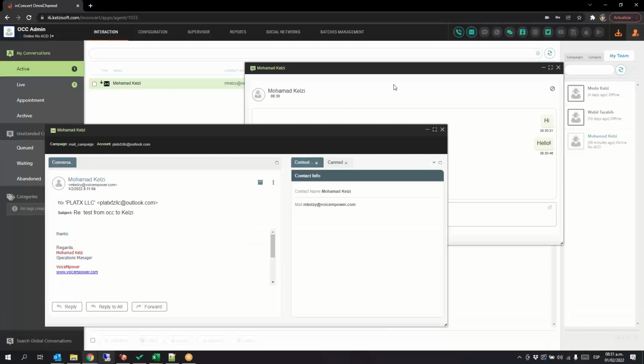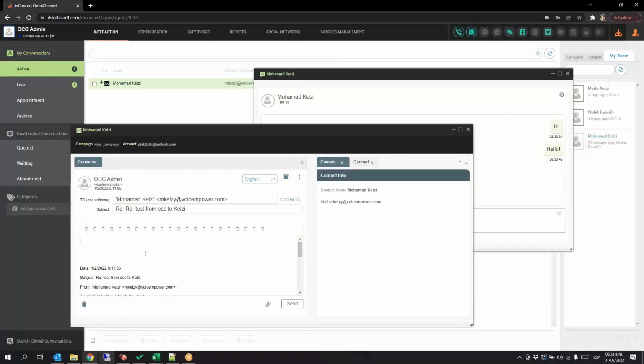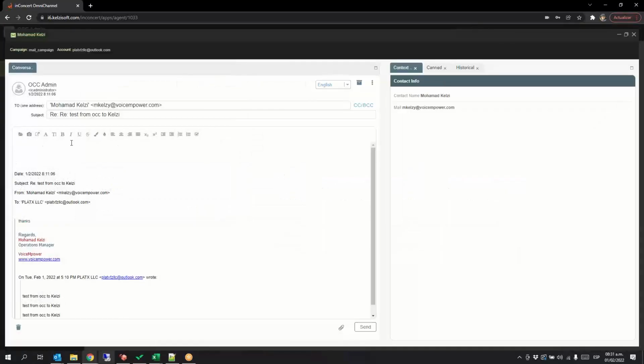Some clients, or maybe all of them, disable the chat for the agent. So if you click reply or reply all, you just click here and you have your HTML editor. This is pretty default stuff. You can hit the CC or BCC, attach, send, and discard. Obviously, if I reply here,